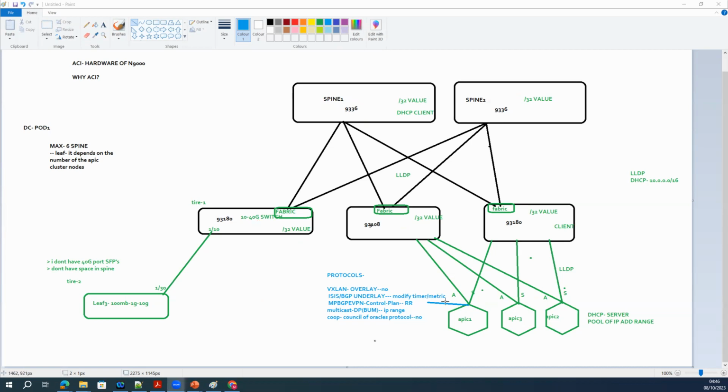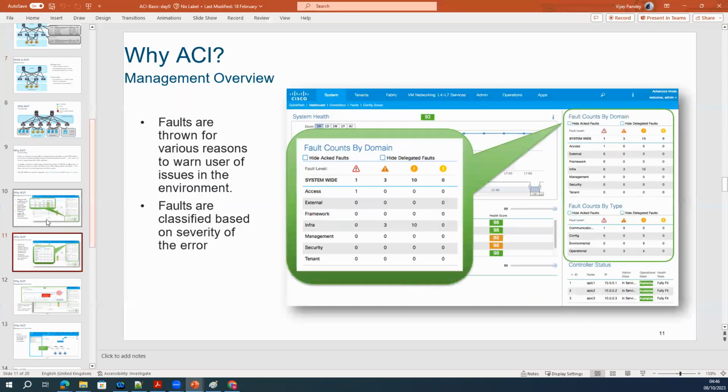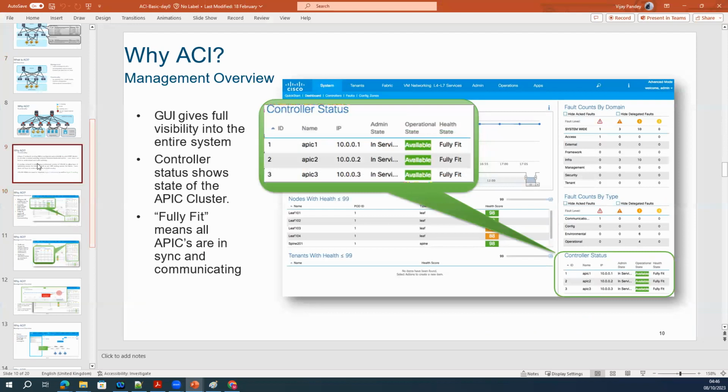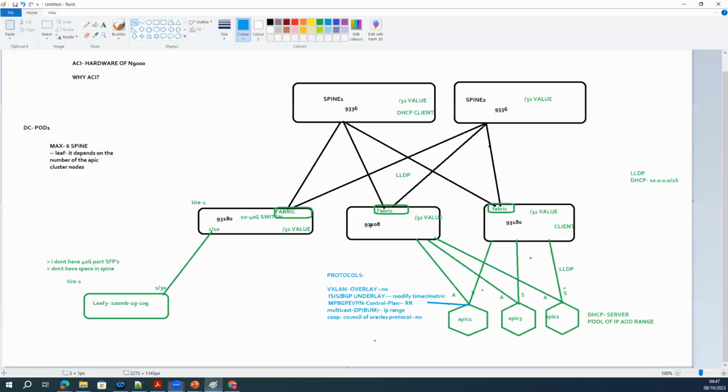Now let's come to the APIC. So suppose you have the APIC. Any confusion about the connectivity or anything before I move to the actual APIC stuff? If not, okay. Now, if you talk about the underlay and overlay, ACI is totally VXLAN based.